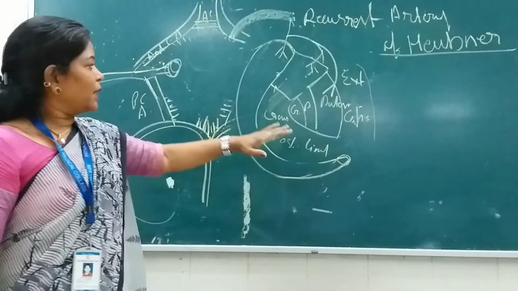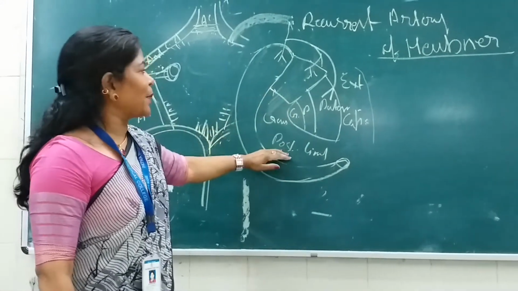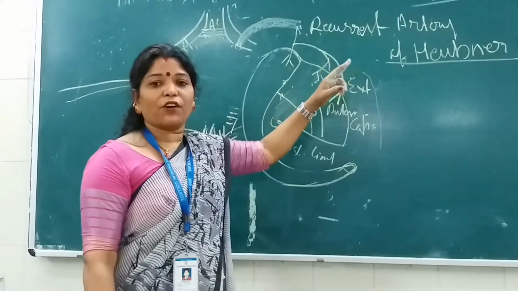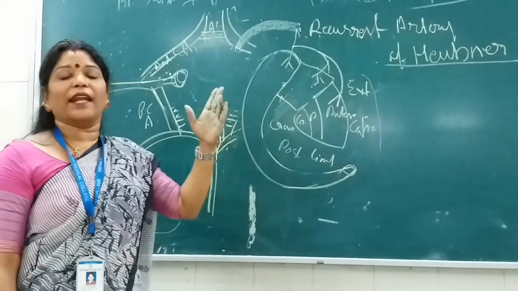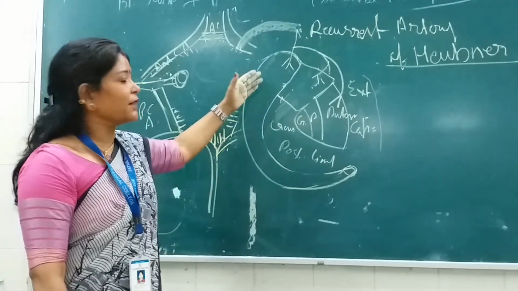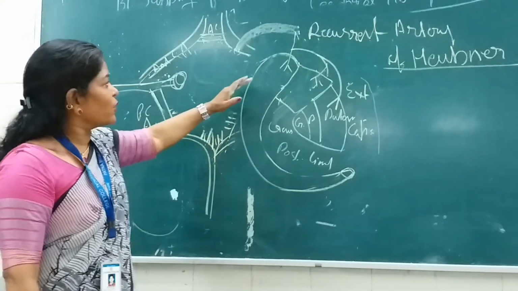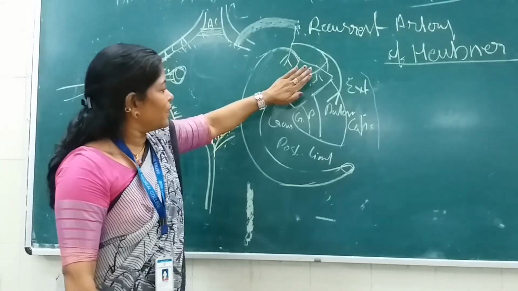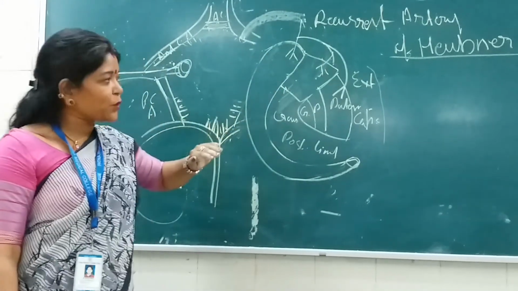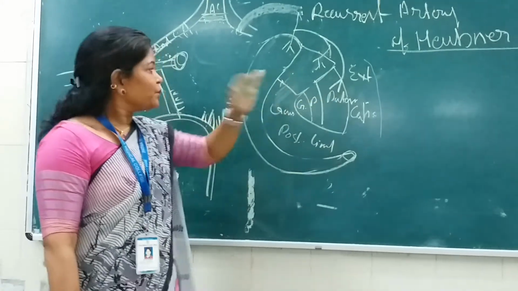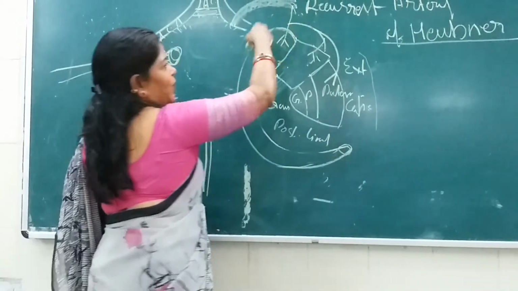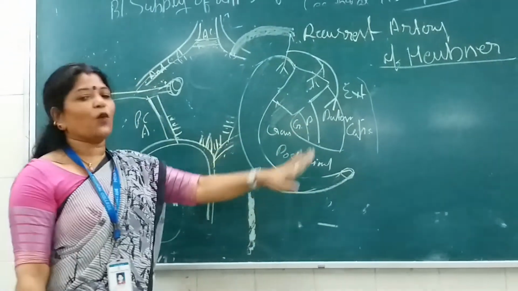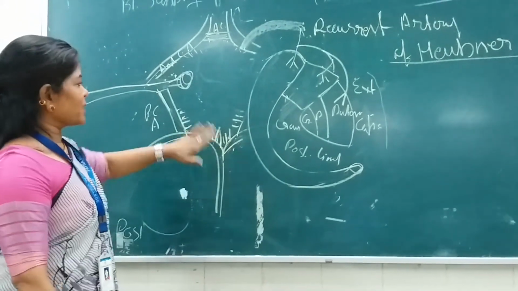You will be asked the blood supply of the internal capsule, and in that case you will have to remember this artery. Don't forget it: the recurrent artery of Heubner. It is a special branch of the anterior cerebral artery supplying deeper structures such as the basal nuclei, the head of the caudate nucleus, the anterior half of the anterior limb of the internal capsule, plus the putamen. Now, what about the rest of the structures? How do they get their supply? We will discuss that now.